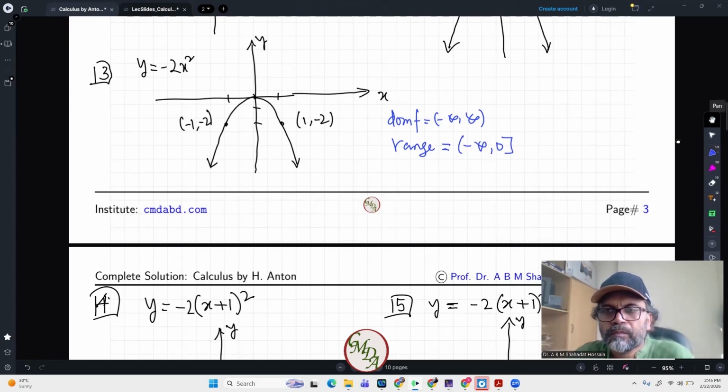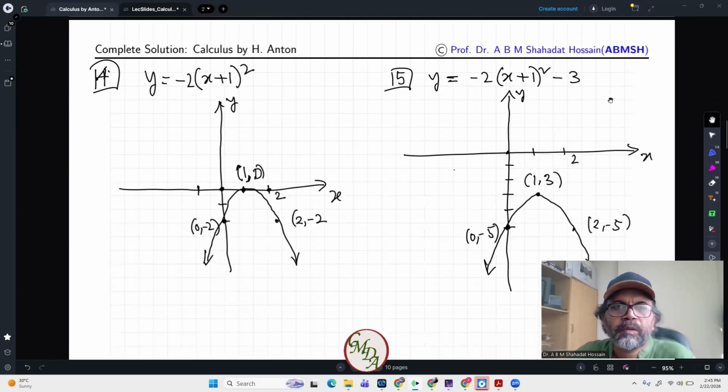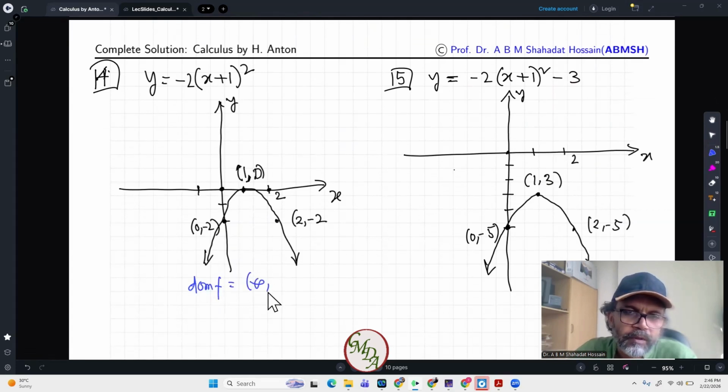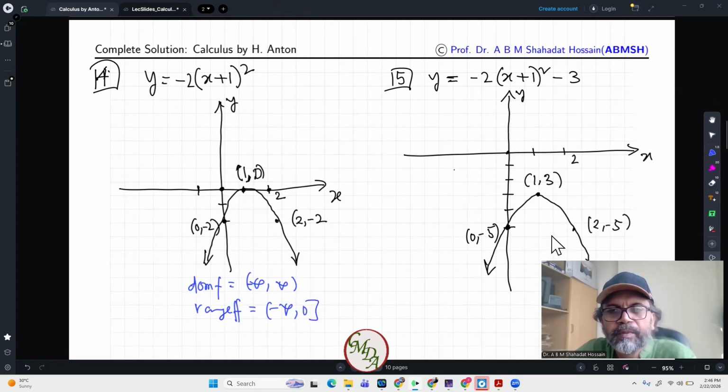So here we have the domain, all real numbers, and the range is minus infinity to 0, still remaining. But here we have domain f is all real numbers, but the range is changed here. Range f is now minus infinity to 3. So